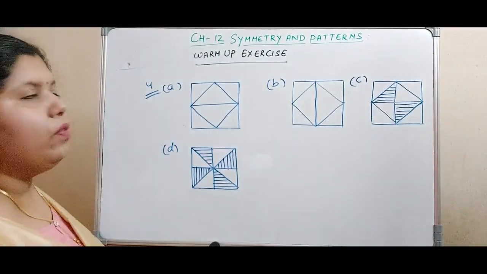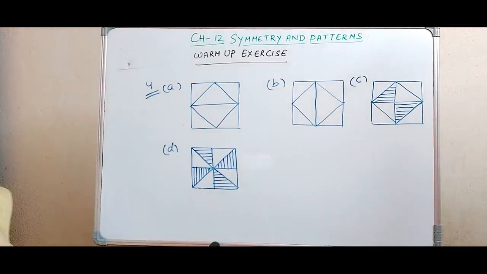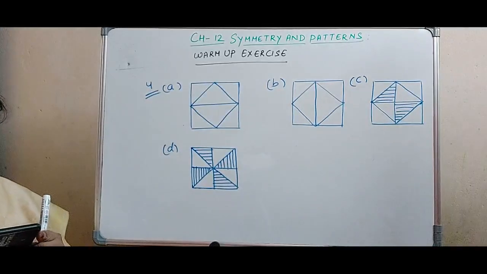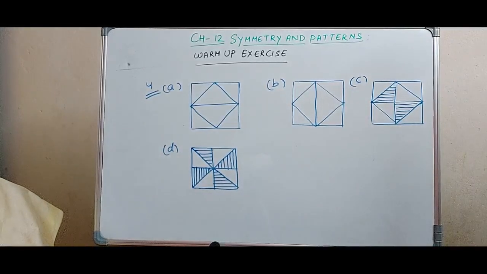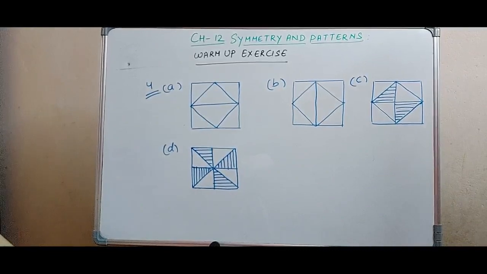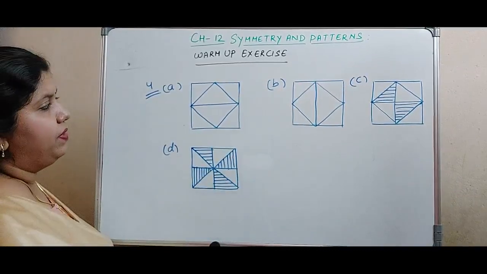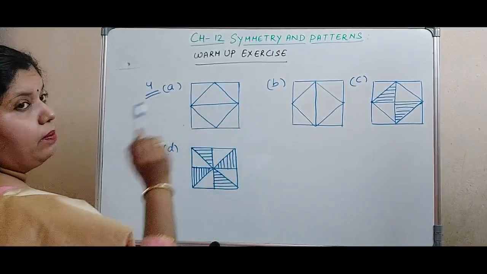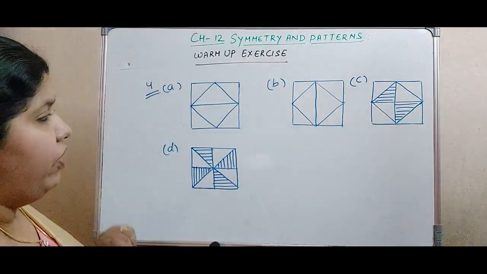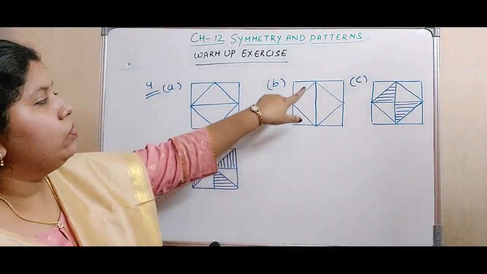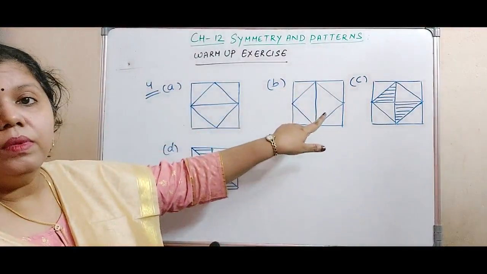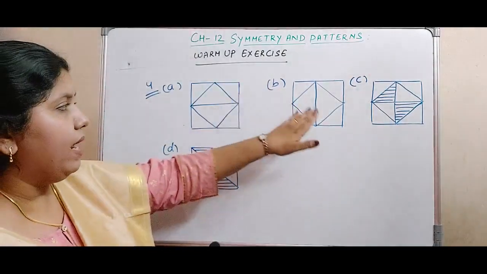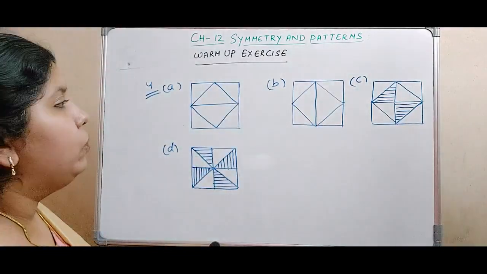Now look at question number 4 here. It is asking that there are 4 diagrams you can see here. Which of the following does not have a line of symmetry? The question is which one of them does not have a line of symmetry. So you can see these two can be folded along this line. So this line can become a line of symmetry for this figure. Now look at second figure. Here also this line can become a line of symmetry for this figure because both of them can be folded easily, means overlapping.